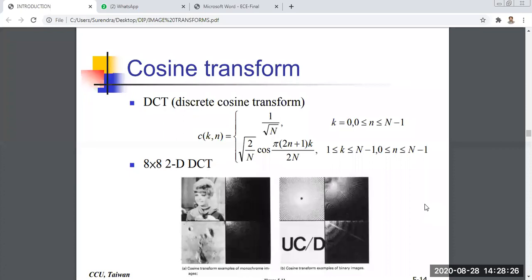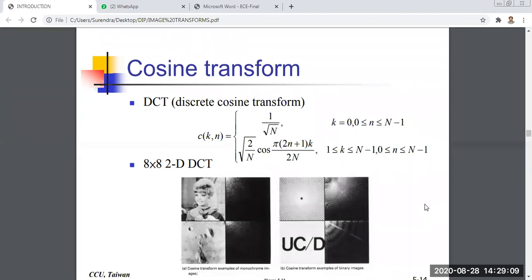So we have finished the one-dimensional and the two-dimensional discrete Fourier transforms. The third one, as per the normal order, is the seventh one, the cosine transform. In the cosine transform, we have an n by n image, let us consider capital N equals 8 by 8 or 4 by 4 or 5 by 5, whatever it is. Generally we are considering a square image. A square image means the number of rows equals the number of columns. So let us consider capital N.